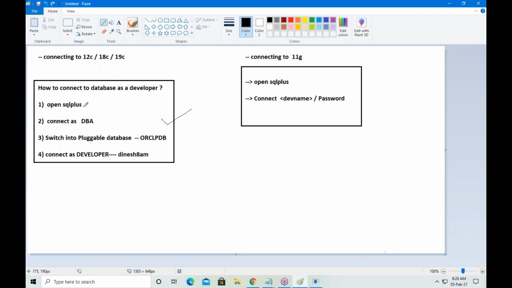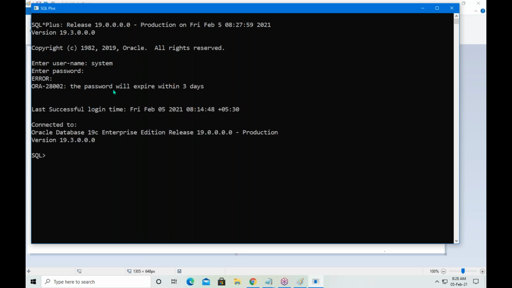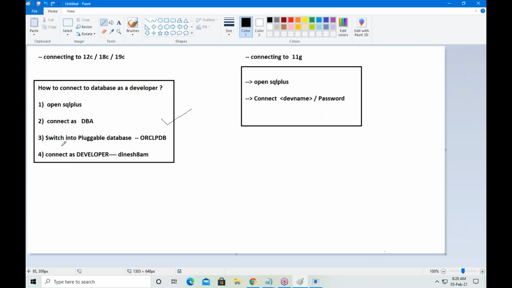What is the first step? Open SQL Plus completed. Connect as DBA. DBA username is system. Password is manager_1 in my system. DBA connected. What is the next step? Switch into pluggable database.